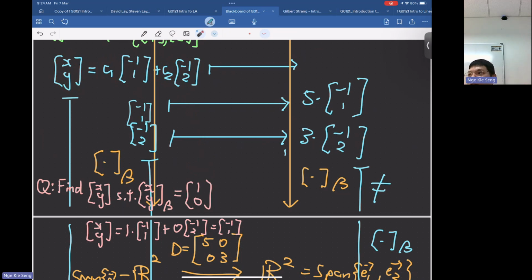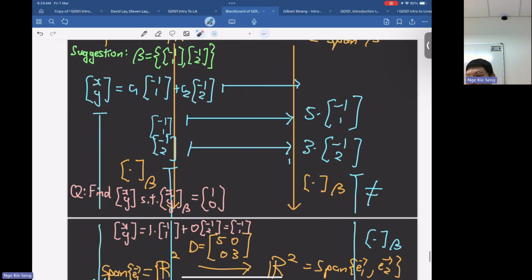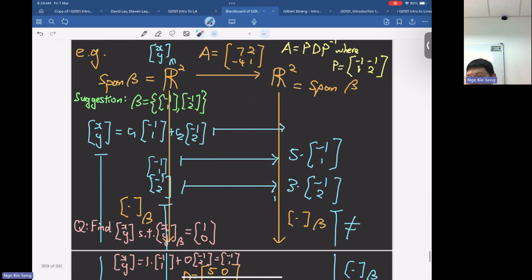No, it's not right. It's not. Yeah. Maybe you are confused with why this is an eigenvalue, because it's a scalar kind